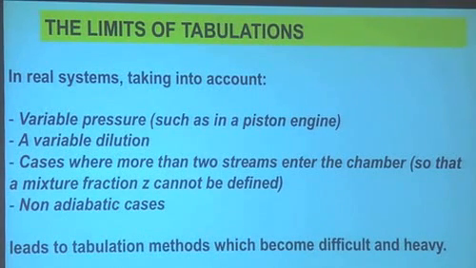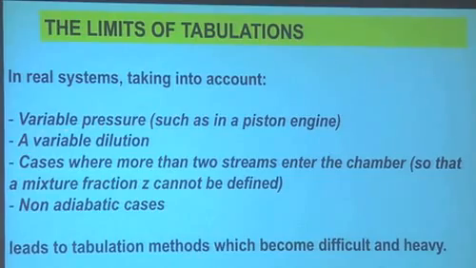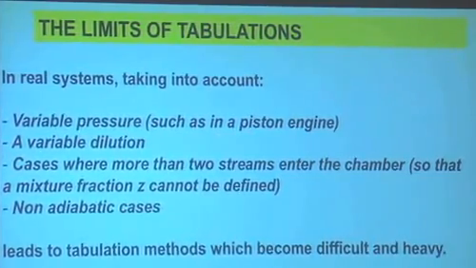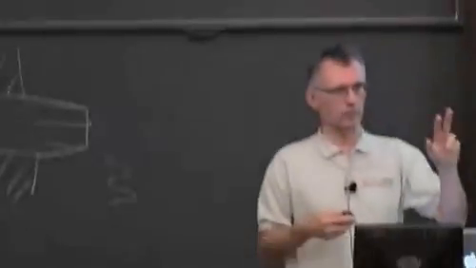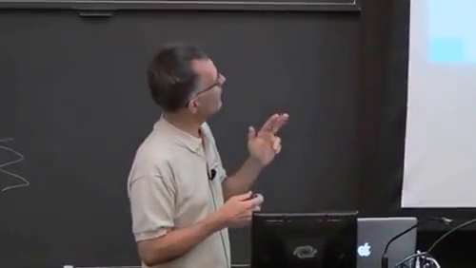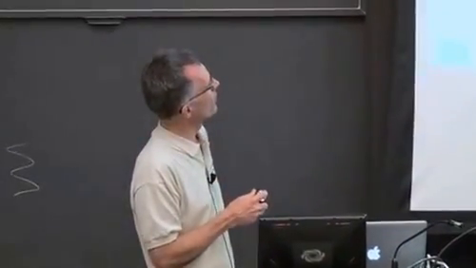And that's an interesting point here, is that we use tabulation methods a lot for academic flames, but when we need to go to real flames, that seems more difficult. One of the reasons for that, again, is coming from the HPC side. You have this table which has two entries now, C and Z. But we know that you need to add things. For example, in real systems, the pressure will change in a piston engine. So you need to tabulate as C, Z, and P now.